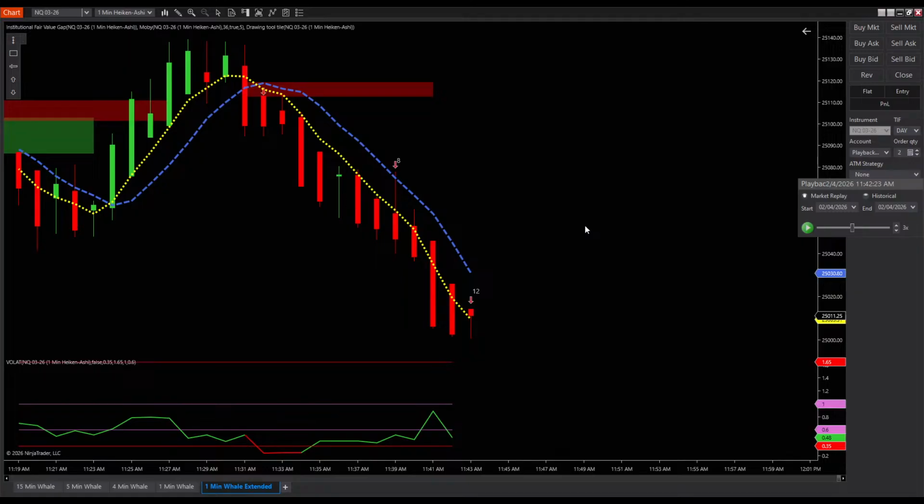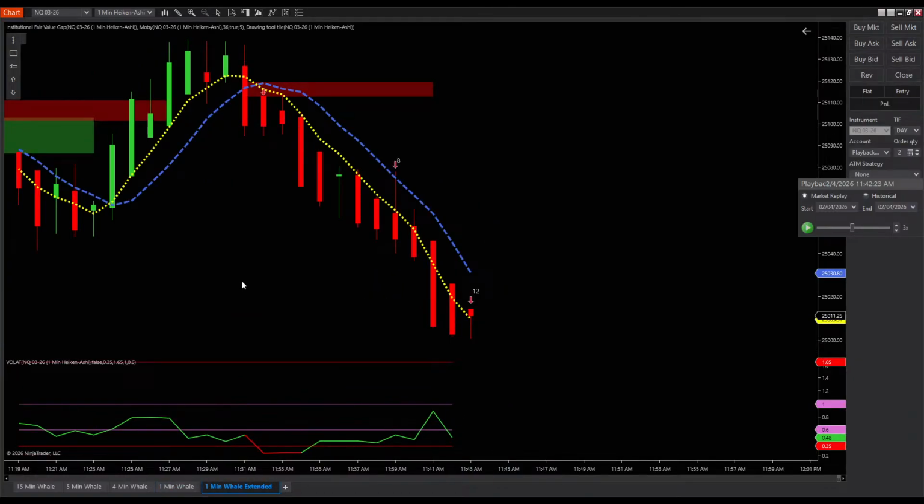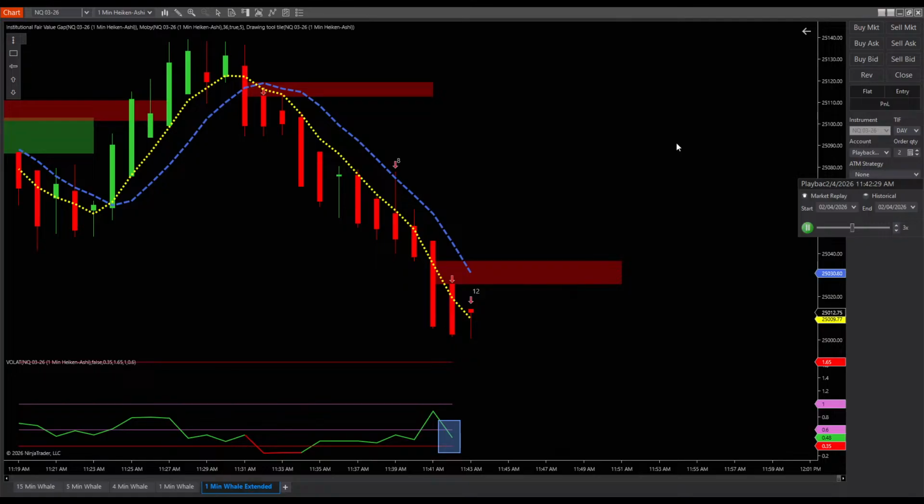Is this one of those trades where you just say, all right, I wasn't sure, because momentum could have gone down, but it went sideways, and volatility is still really super low here on the 1 minute time frame. And you just pause and say, all right, it may have looked good, and maybe my timing wasn't right, and maybe the whole environment just wasn't right for me to take the trade. Let's see how it plays out. I'll just go ahead and run it, and we can just see how it plays out.